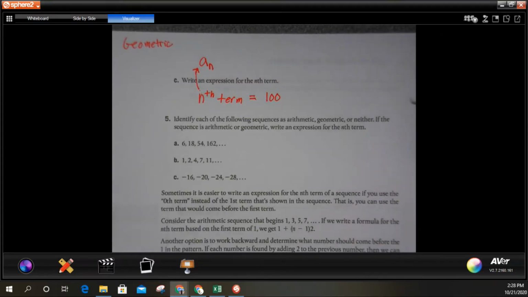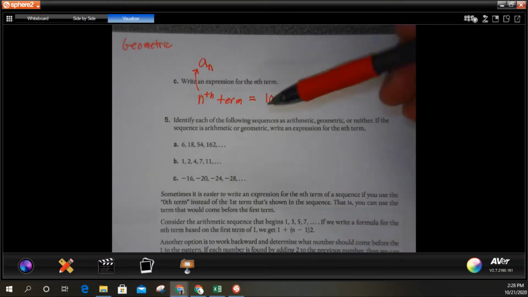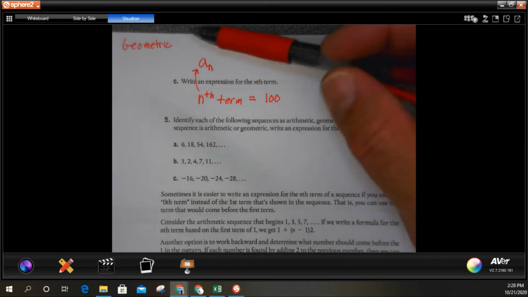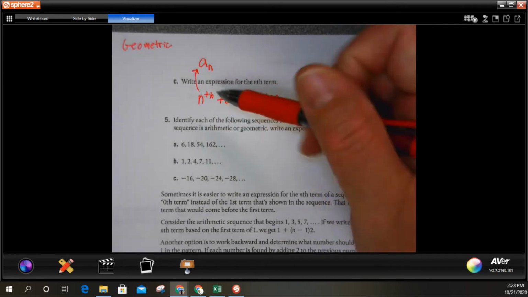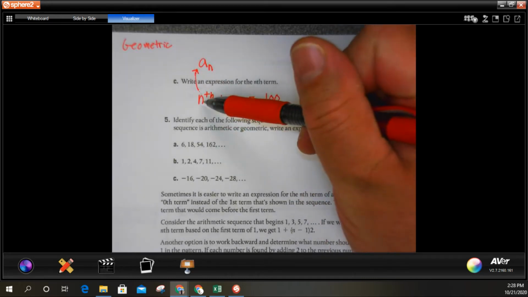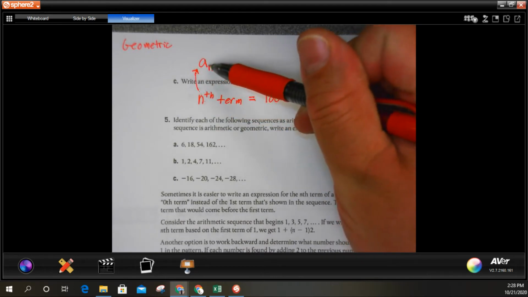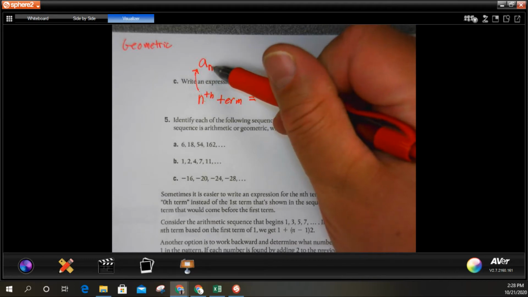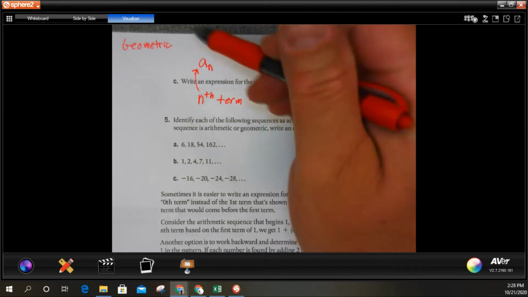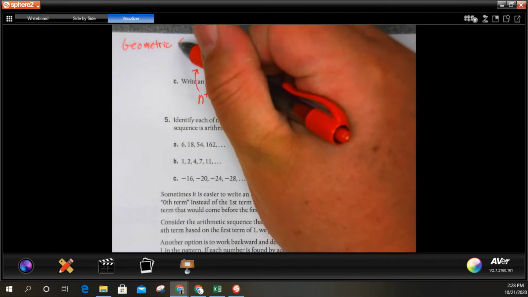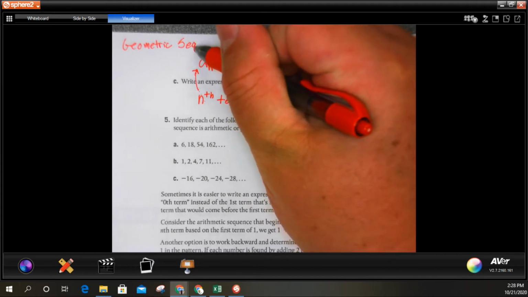Okay, so back to my equation here. Instead of writing the nth term, I'm going to replace it with a sub n. Little a with a subscript of n. And also remember the geometric sequence definition